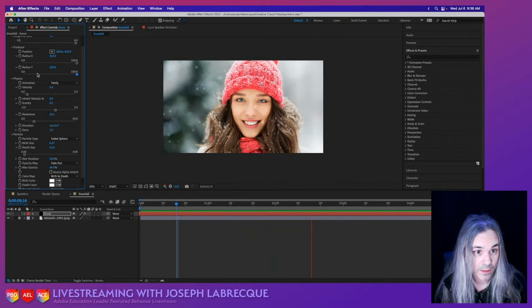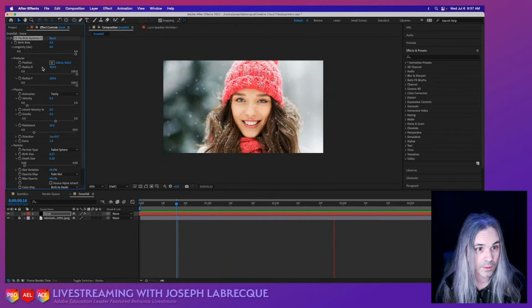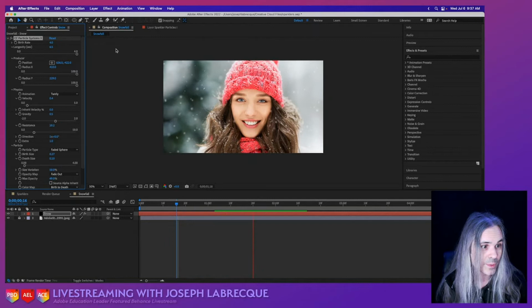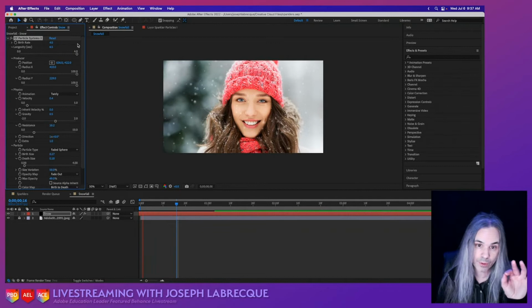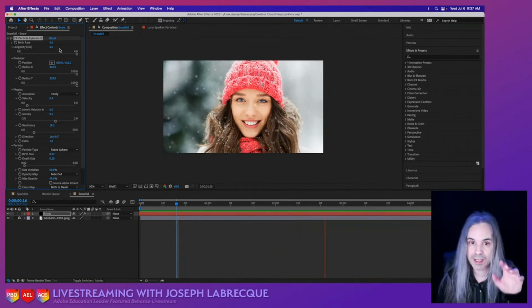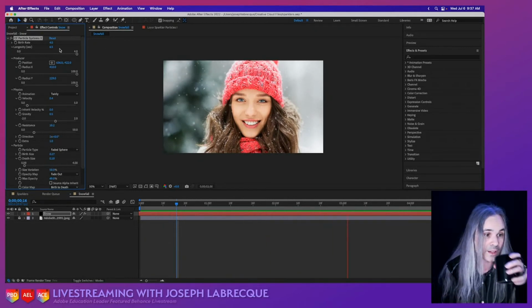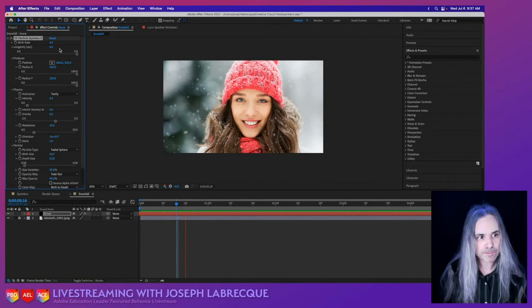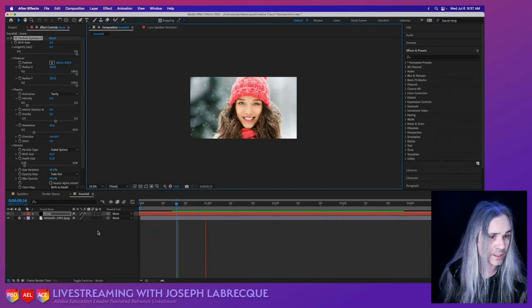See, I'm thinking we need to take longevity, maybe even take, I don't know. Longevity. Let's take that way up. This is one of the weird things in After Effects, right? Like, if you use these little sliders, the slider only goes to 4. And that's it. You can't go beyond 4. But you can always just scrub or even just type stuff in. And most of the time, After Effects will adhere to whatever that is. After Effects will be like, okay, that's cool, I can do that. Even if it's kind of beyond